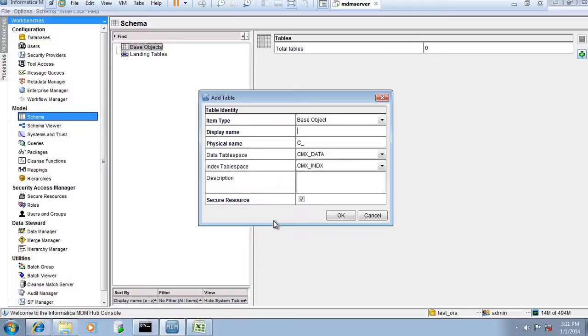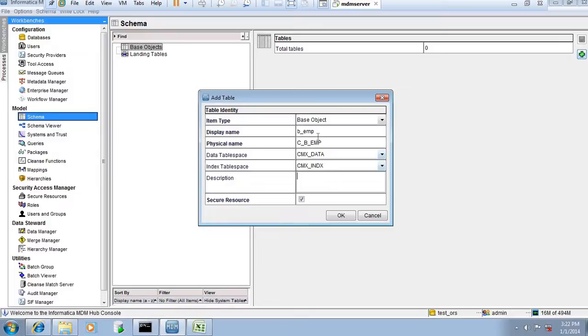Here, for differentiating landing, staging and base subject, I will use L underscore for landing, S underscore for staging and B underscore for base subject. So I want to write the employee base subject as B underscore EMP, so that will automatically be generated. That physical name will be prefixed with C underscore and the table name.